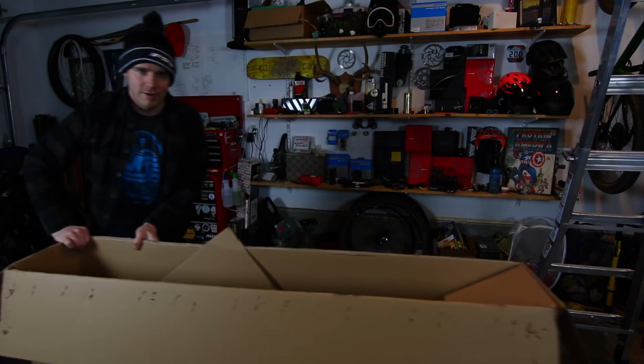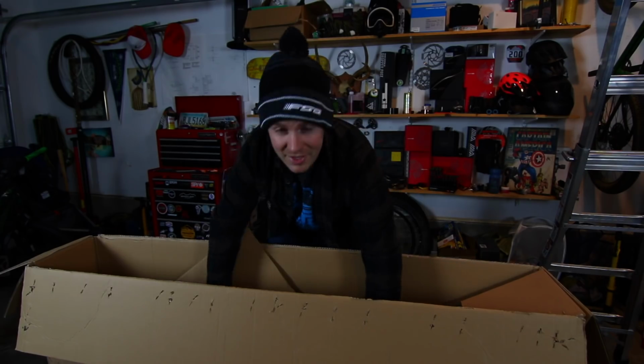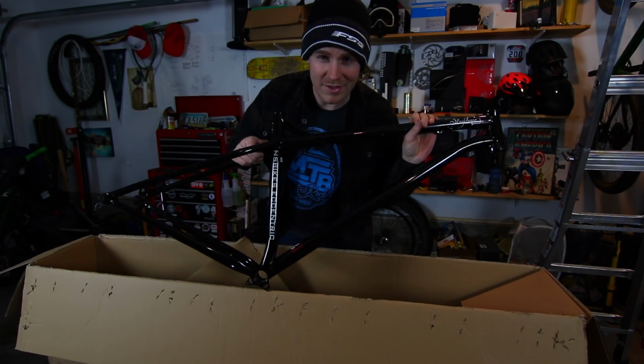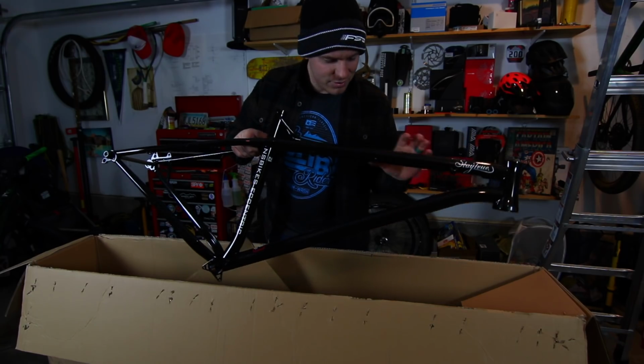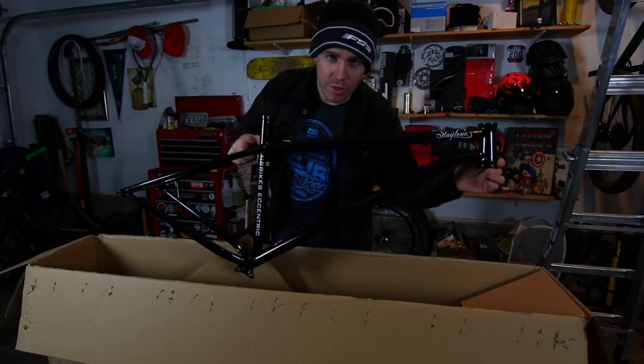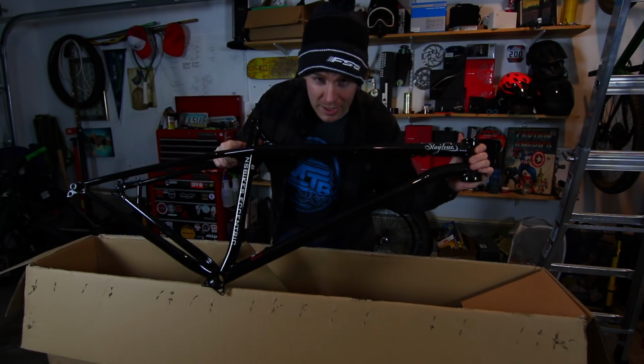So without further ado, my hardtail for 2019 is the 2019 NS Eccentric in chromoly steel. This thing has got a super beautiful shimmery black frame. It can take a 130 up to a 150 millimeter fork, and this thing is just begging to be built